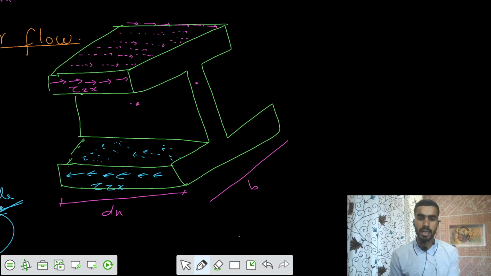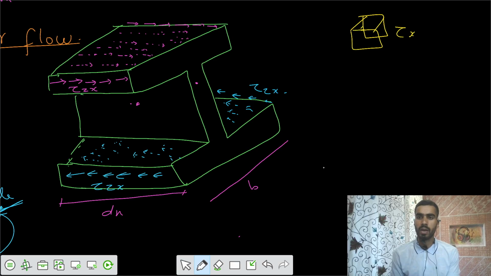Similarly from the other side, you can show that also. Let's say this is also tau zx. Now based on that, we have shear stress on two perpendicular planes. We have complementary shear stresses. So on the other side we have tau xz. If you take this element, your shear stress of tau zx